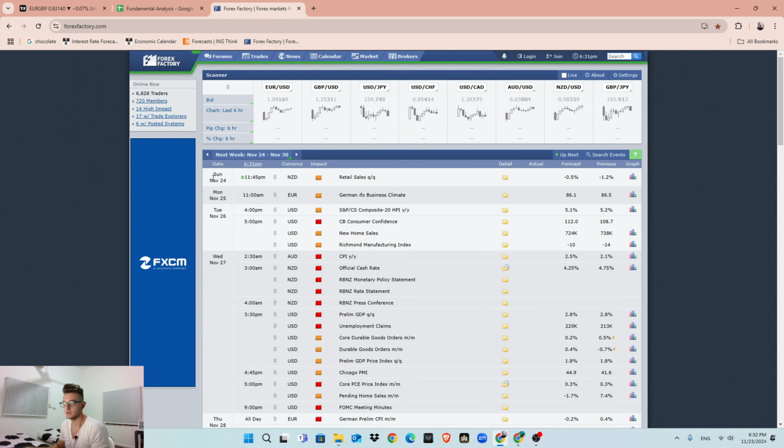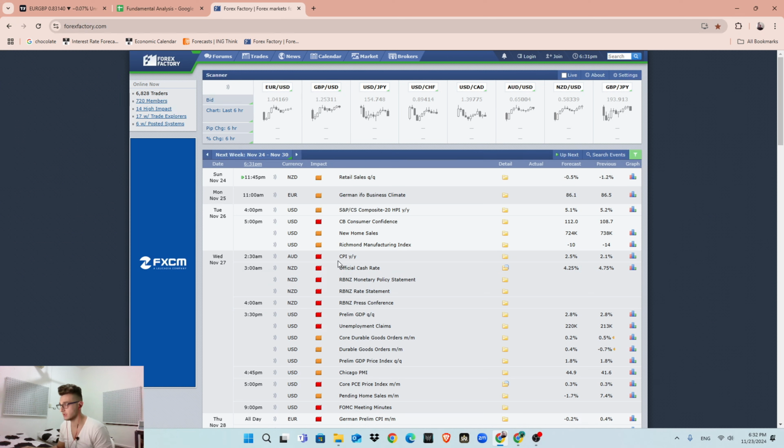So if we come right here at Sunday 11:45 p.m. my time, we have the retail sales Q on Q. If we see the forecast, it's better than the previous one, but right here we have the rate statement and press conference Wednesday 4 a.m. So if this economic indicator gives me an opportunity to long any pair with NZD, like for example short NZD USD, or any other currency that's stronger than the New Zealand dollar, for example the pound, GBP NZD, I will look into it to see if I can take a position, because as you can see right here, the forecast is to cut 50 basis points.